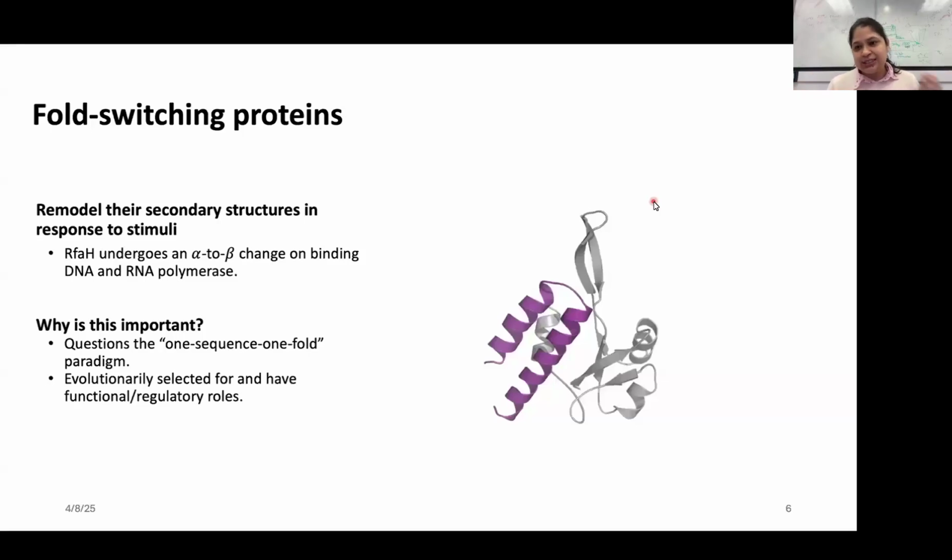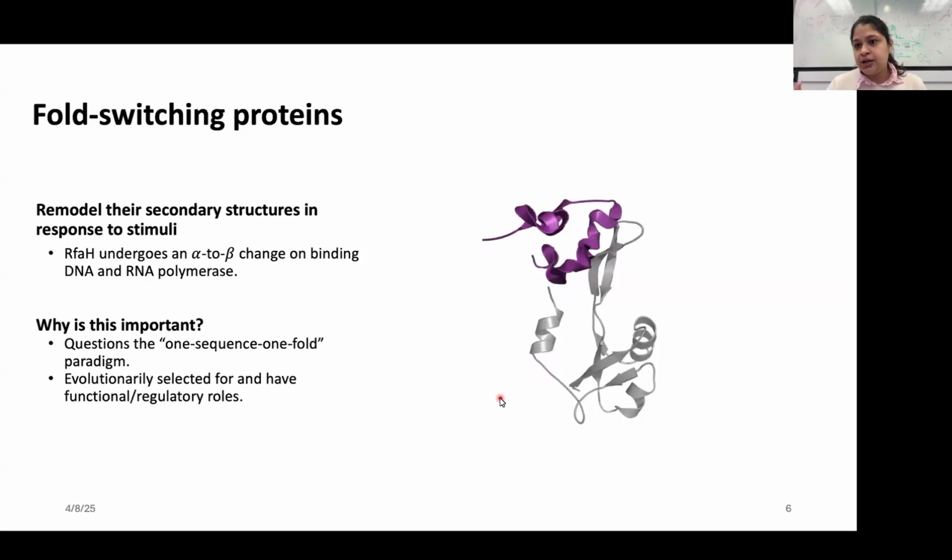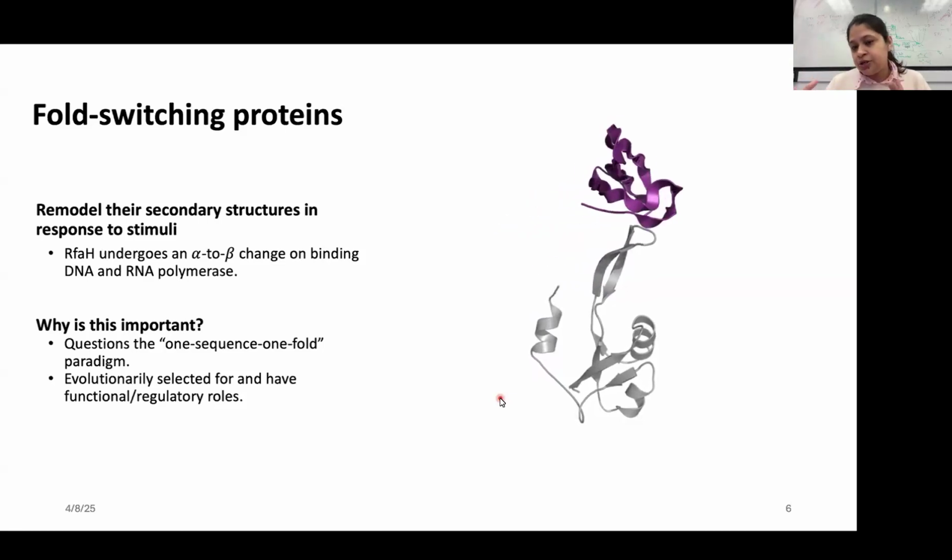What are fold switching proteins? Fold switching proteins are a very interesting class of proteins where the same primary amino acid sequence adopts two different conformations. To give you an example, this is a transcription factor, RFAH, that binds to RNA and DNA polymerase, and it undergoes a change from alpha to beta in its secondary structural conformation, as you see in the C-terminal domain, which binds